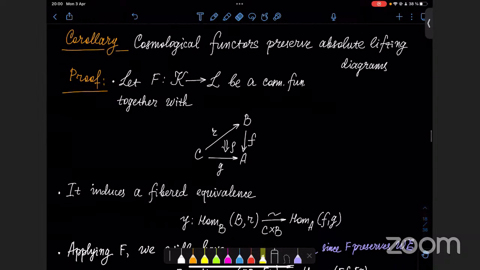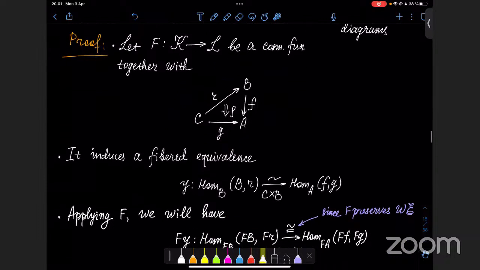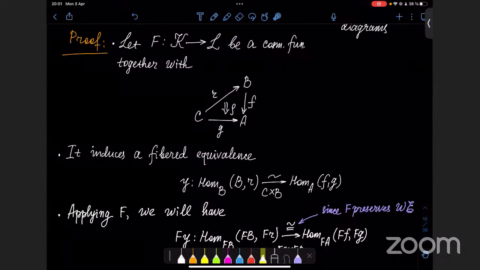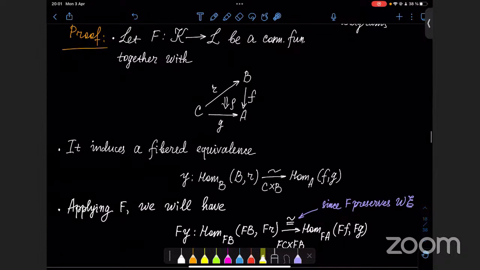So let F be a cosmological functor, together with the following right lifting diagram, then it induces a fibered equivalence,